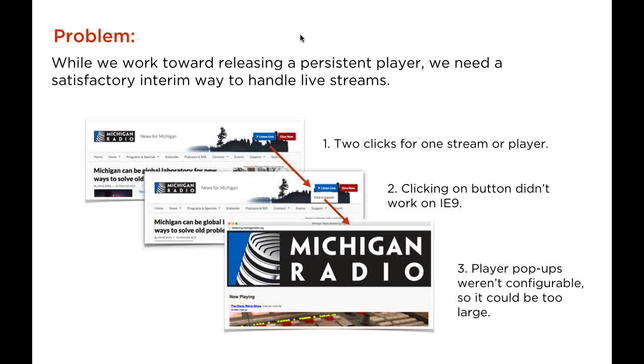The player pop-ups weren't configurable, so we had sort of rolled out the gate with something that you'd click, it would expand, but it was just set to be 100% of the width of the browser, which looked really clunky and awkward and difficult for users, for not all, but for certain players that were intended to be displayed in a narrower configuration. So those were all things that were relatively straightforward that we could address